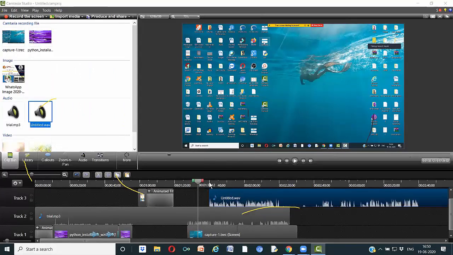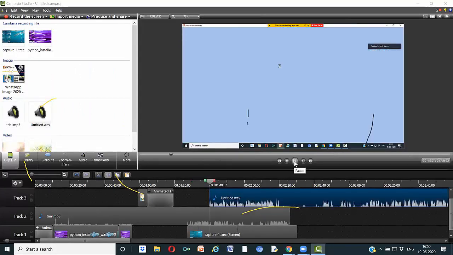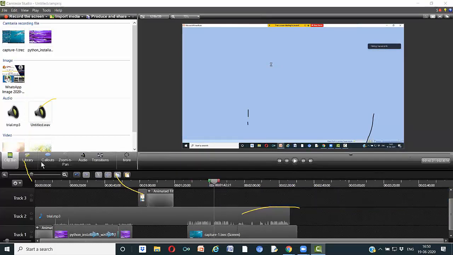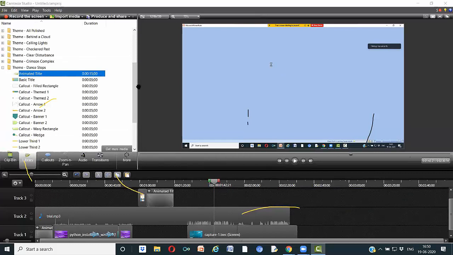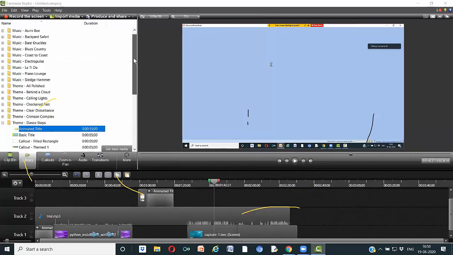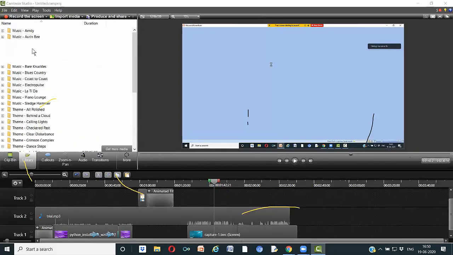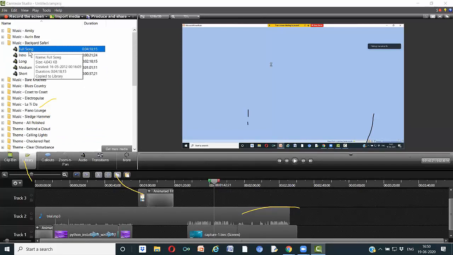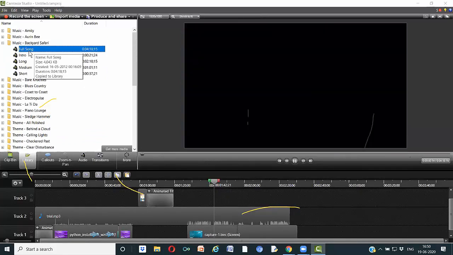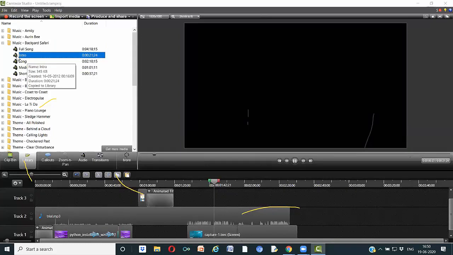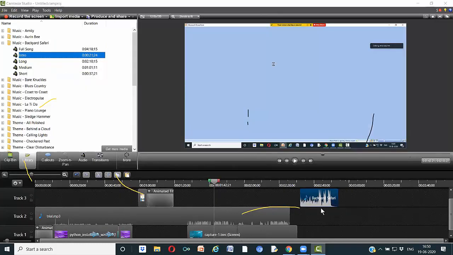Work is over. And I can add music by default. I forgot telling you that there are many free theme musics also there. I'm getting this theme music here.